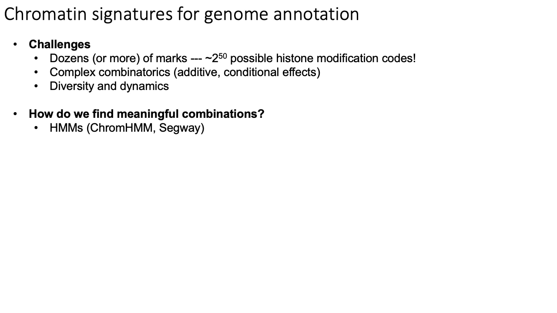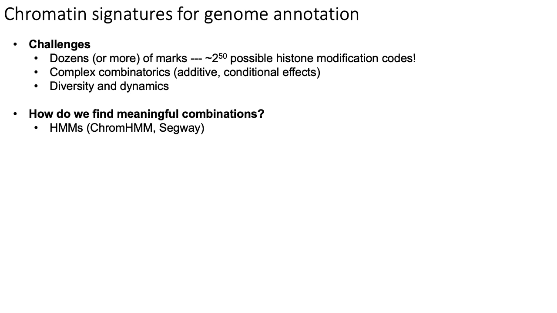So up to now, we've been talking mainly about a small set of 7 to 9 histone modifications that are frequently assayed, but it's worth noting that there are actually dozens and possibly more histone modifications that are possible on all of the different N-terminal tails of the histone proteins. What that essentially means is that in terms of all the possible combinations of histone modifications that could be found on a given nucleosome, you could have on the order of 2 to the 50 possible combinations. And if the effect of certain histone modifications depends on whether or not others are present, that means that there's a ton of possible